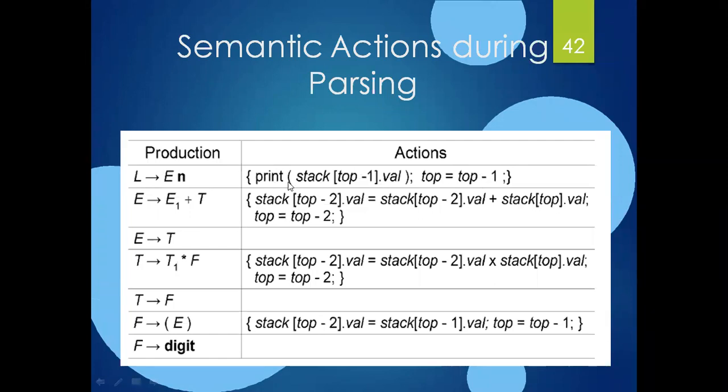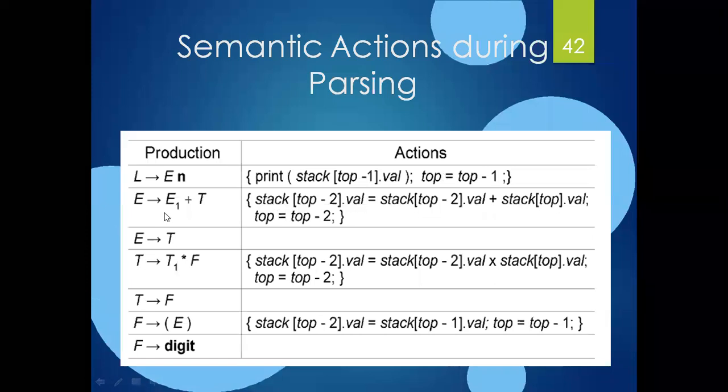What I'm printing here is the top minus 1 position in the stack, right? So I'm printing stack of top minus 1 dot val. Val is an attribute for that node. In the stack, in the place of that node E, I'm having position top minus 1. So finally, I need to print the topmost value on the stack. When I'm pushing both nodes onto the stack, my top of the stack is an L and top minus 1 is an E. Then finally I'm writing top is equal to top minus 1, right?